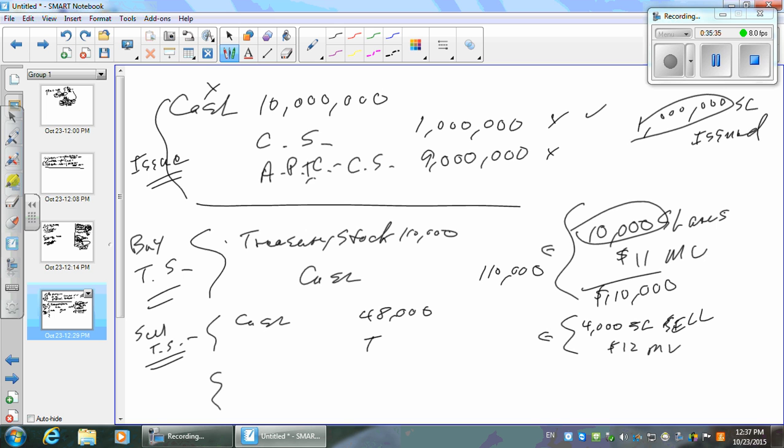Treasury stock, right? So the treasury stock goes away, which means what? How much? Oh, be careful. You bought them for how much a share? 11. So what should you retire them at? 11. It's $44,000. Don't take the whole 48 out of there. That makes no sense, right? Cost method. You get the idea? It's cost. So what do I now own? 110 less 44? What's that? 66 for the other 6,000 shares, right?